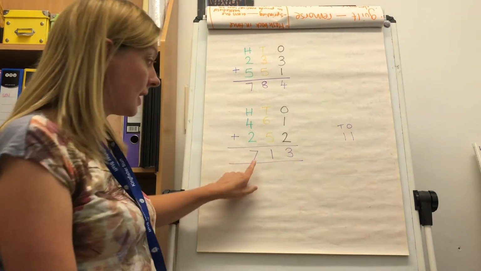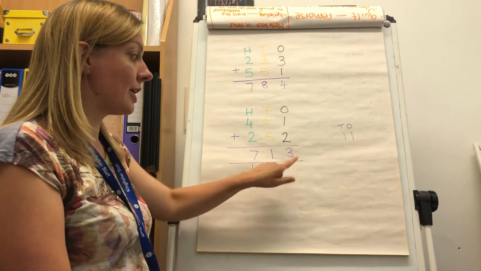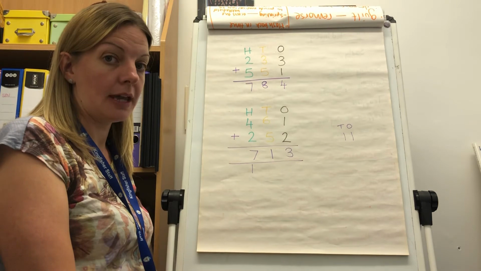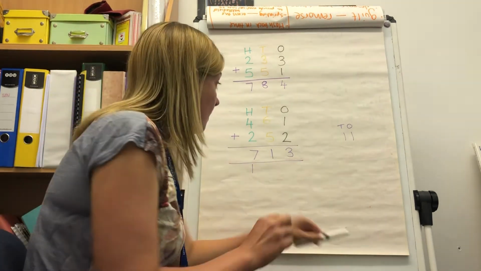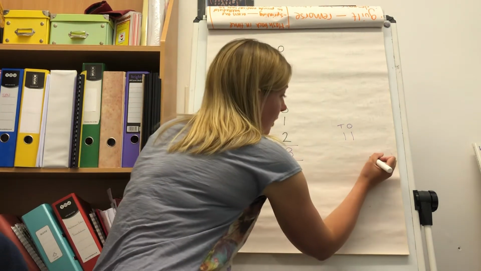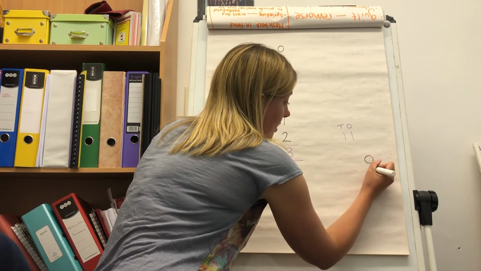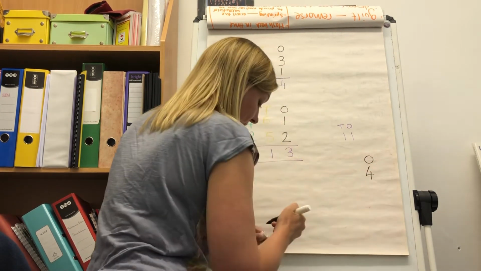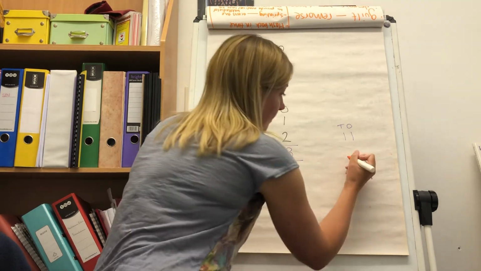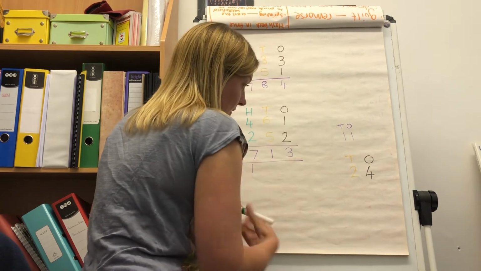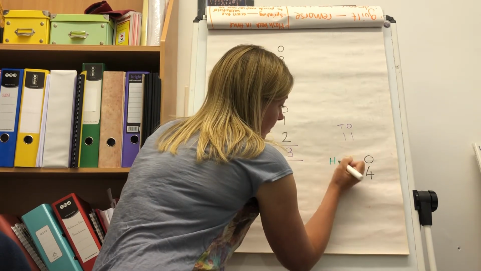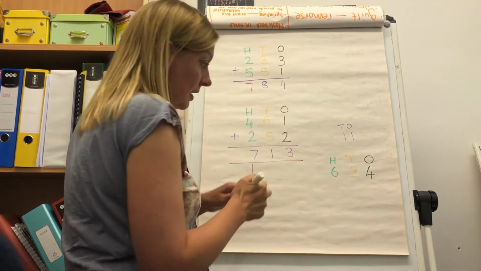So my answer is 713. Okay? Right, I'm going to give you some numbers now. Let's do it over here. I'd like you to have a 4, a 2, and a 6. So the number is